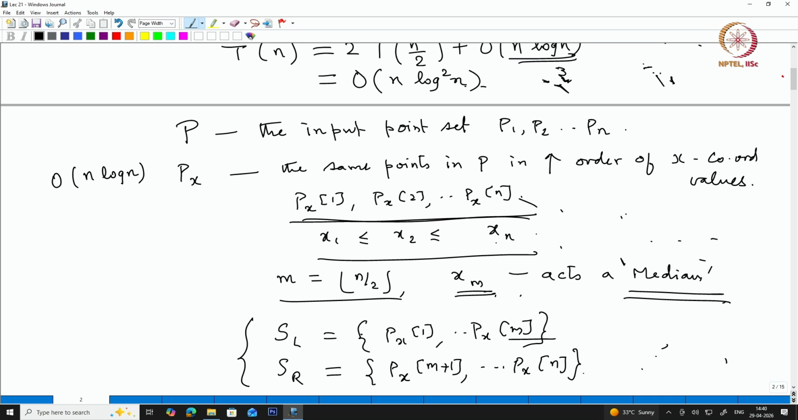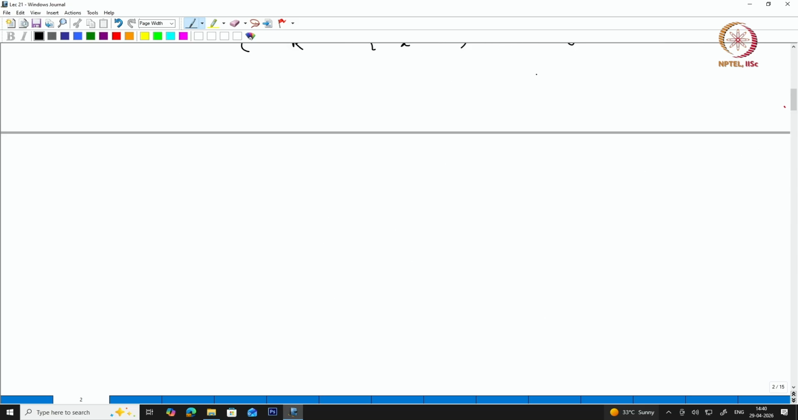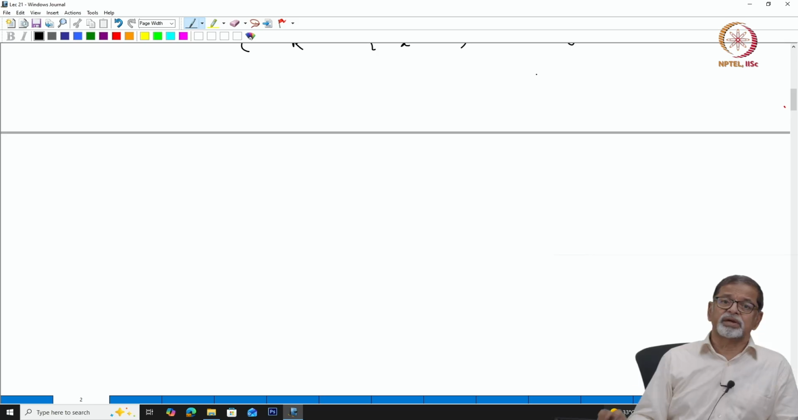Now we have disjoint sets of points in disjoint regions. Okay. So that's the advantage of pre-sorting and then considering this. And we are going to do the following. We will output